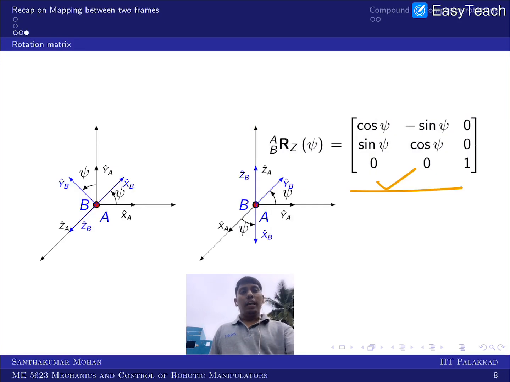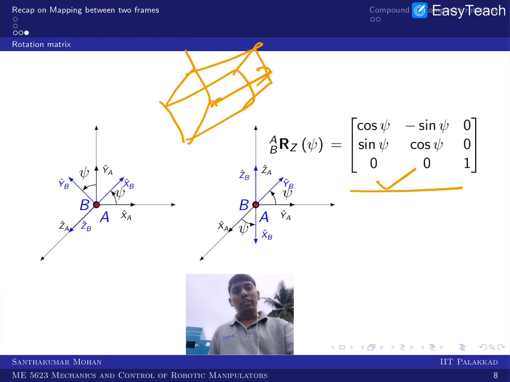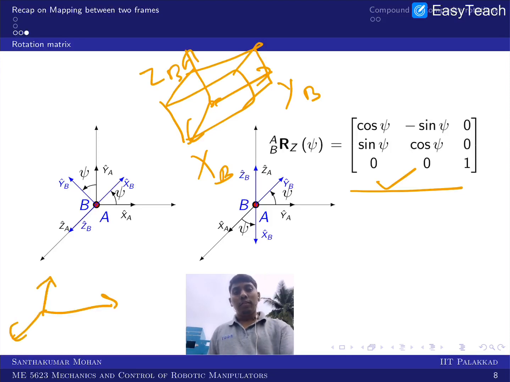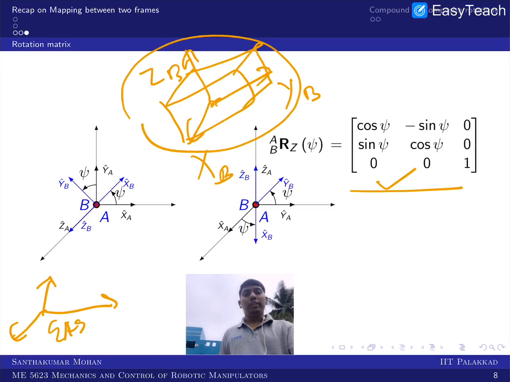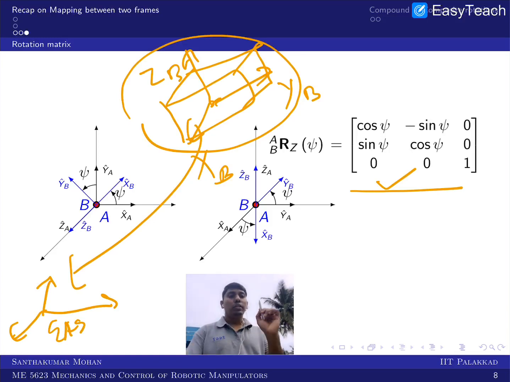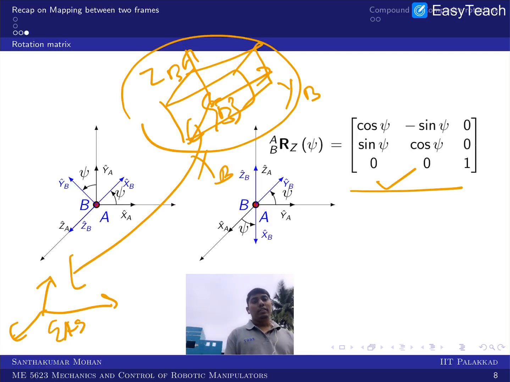a body, I assume that this is the body which is in the three-dimensional space. This is the frame which I call x body, this is y body and this is z body, and I assume that this is your A frame. I want to represent all three orientations in terms of a simple matrix in order to get the information of B frame with respect to A. So now you can see that there are at least three orientational informations required. That three orientation information usually we can write as a simple orientation.